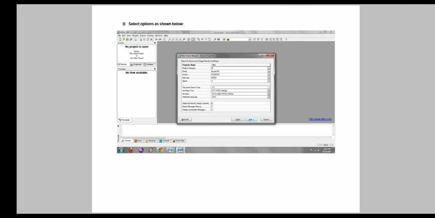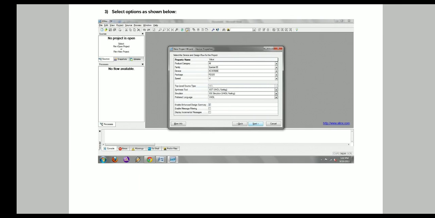Now in the third step, select options as below. Once you have completed step number 2, this window will appear in front of you. Now you just have to select options. If you want to execute on any particular hardware, then you can select any family, any FPGA board, or either CPLD or FPGA.